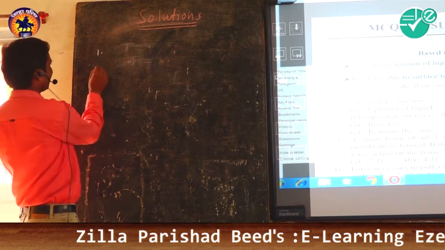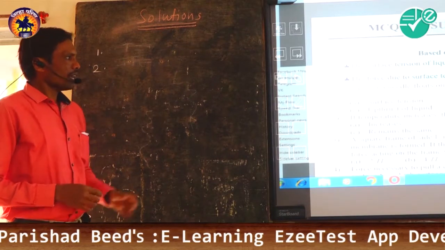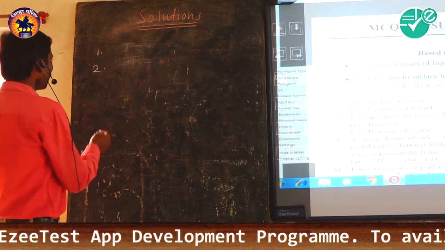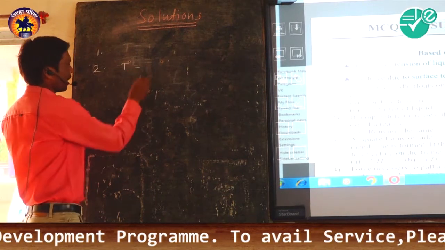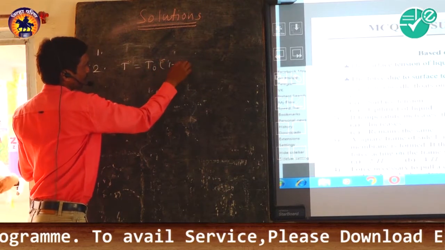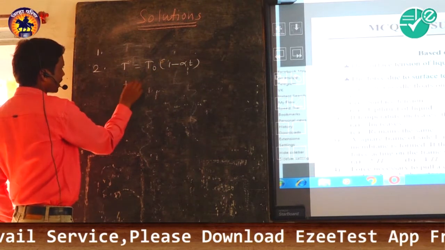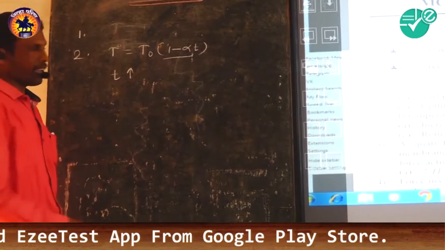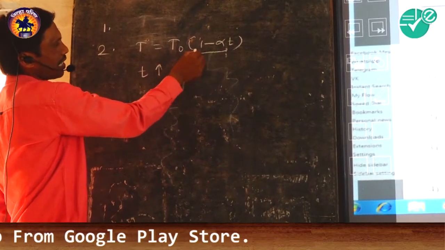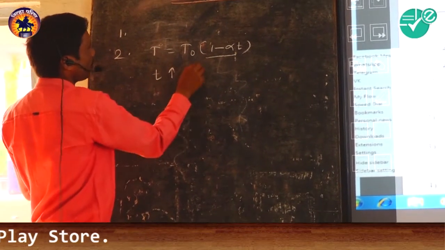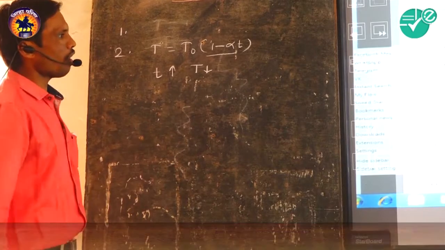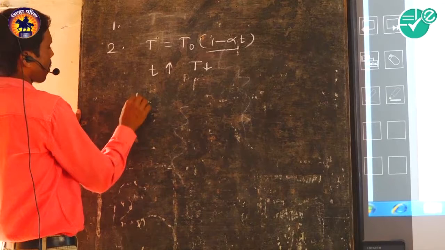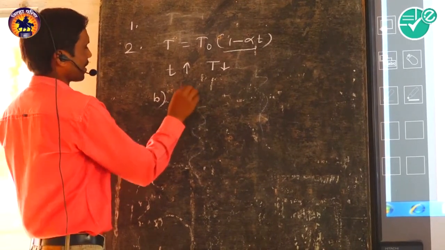So we shall take here the second MCQ, and it is: if the temperature increases, then the surface tension of the liquid. We know the surface tension of the liquid at any temperature is given by using this expression. It means when the temperature increases, obviously this difference decreases, and this difference decreases. It means obviously this product decreases. It means the surface tension of the liquid also decreases. So its option is B, decreases.